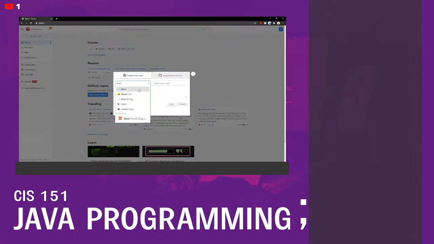Regular Java, right there at the top, is the one that we're going to be using for 95% of our projects. When we get toward the end of the course, we'll need this one here, Java Swing. That's the one that's going to help us write our GUIs. But until we get to that last module where we're writing GUIs, we're going to stick with regular old Java. So we're going to select Java,